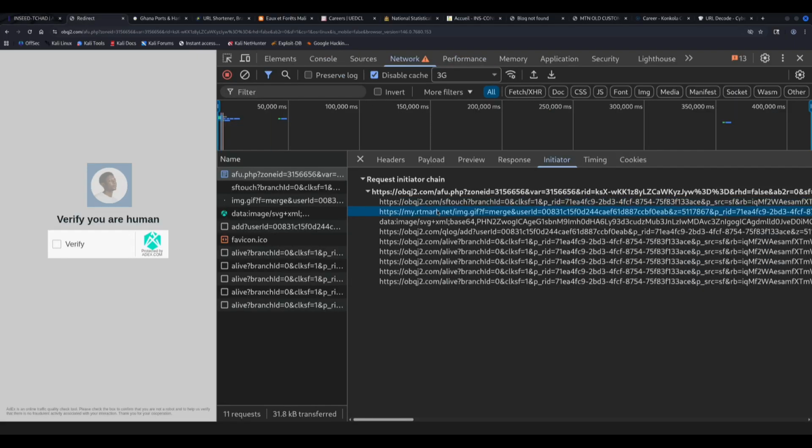The second one is a cross-domain identity synchronization call. afu.php triggers this immediately after the session is registered, at the SF touch. Let me see, is there an endpoint, right? So once you are on rtmark.net, a user ID here is permanent, and that is what rtmark.net stores in its own tracking database. This links your browser identity across all domains in the TDS network.